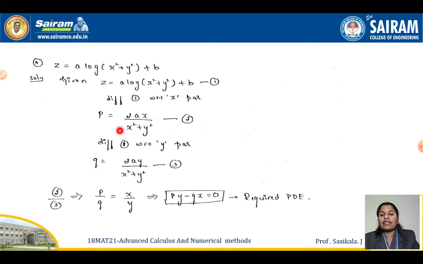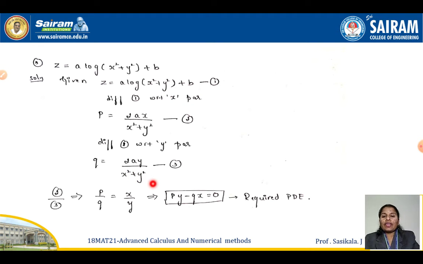So see here, p is equal to a into log x is 1 by x square plus y square. Again with respect to x, I should do x square plus y square will give 2x. So 2ax by x square plus y square. Again you have a, with respect to y you can do, you will get q, which is equal to 2ay. Similarly, 1 by x square plus y square into 2a is there, right? A is there, y square you can take a differentiation, you will get 2y.